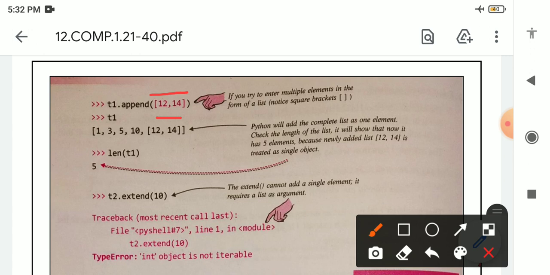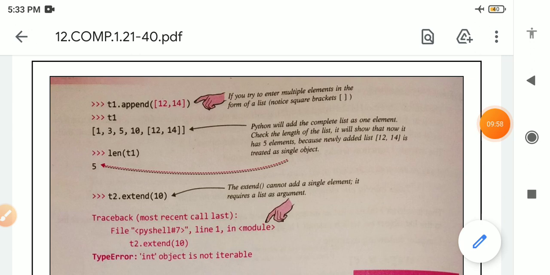When we write like this, the Python interpreter will count this as one single element. We have seen this in nested lists. So when you want to add more than one element, we pass the argument like this, and the Python interpreter will count it as one element.